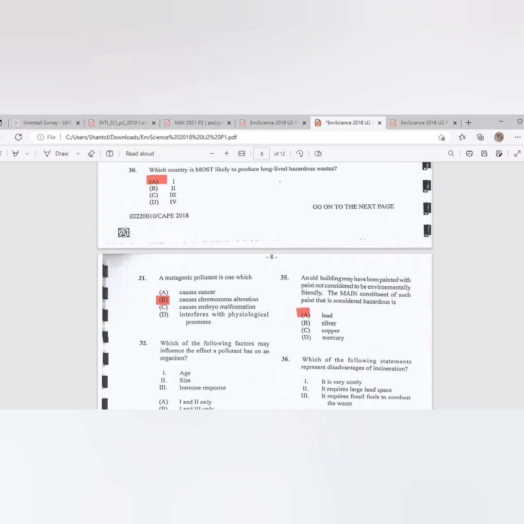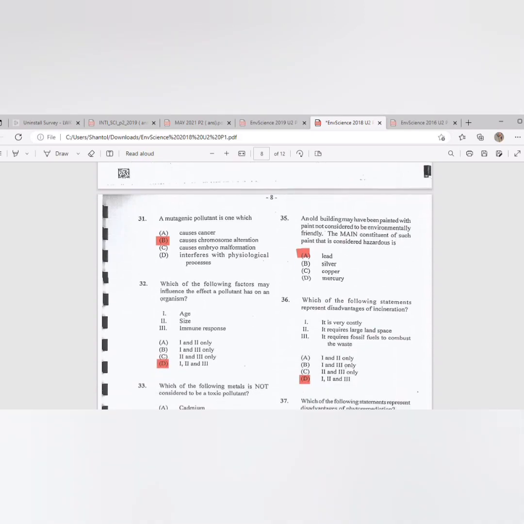35. An old building may have been painted with paint not considered to be environmentally friendly. The main constituent of such paint that is considered hazardous is A, lead. 36. Which of the following statements represent disadvantages of incineration? The answer is D. It is very costly, it requires large land space, and it requires fossil fuels to combust